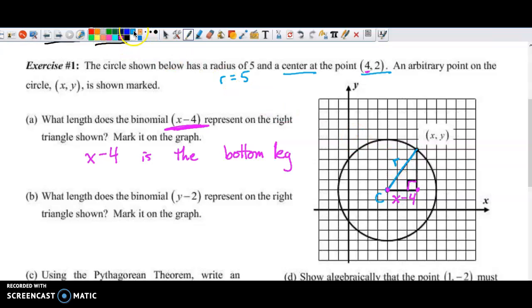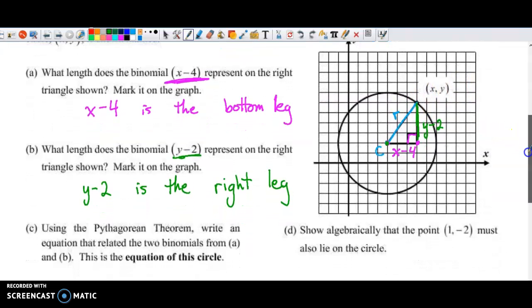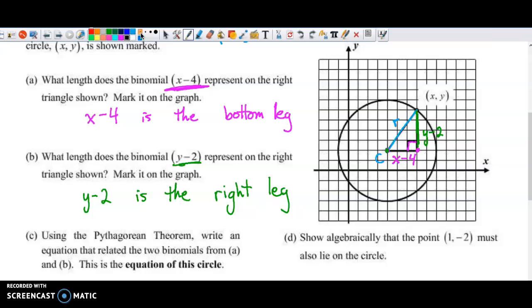Maybe change colors one more time and talk about y minus 2. Where do we get that from? Well, y is going up that many units, and we're subtracting off the center, the y coordinate of the center. And in this problem, I'm going to call it the right leg, the leg that's on the right, where the R value is the hypotenuse. I'm going to write it right here: R is the hypotenuse